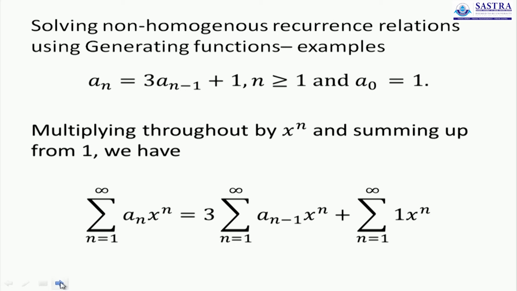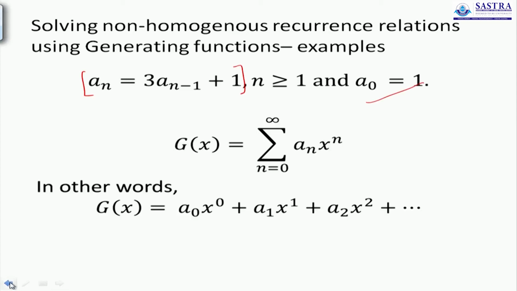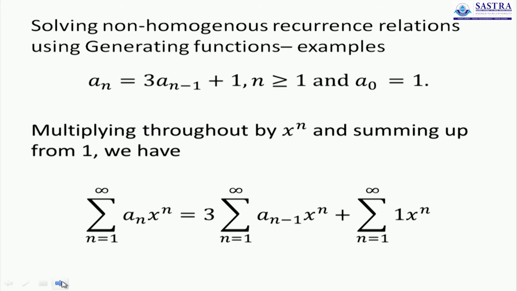And what else is part of the generating function? We are summing up from 0 to infinity. That is what we saw in the general definition. Any generating function will have its summation from the index 0 to an infinite index. But here the problem wants us to deal with the summations only when n is greater than or equal to 1, and therefore for the sake of uniformity and for the sake of sticking to the conditions given in the problem, we will do each of the summations from the same number 1.